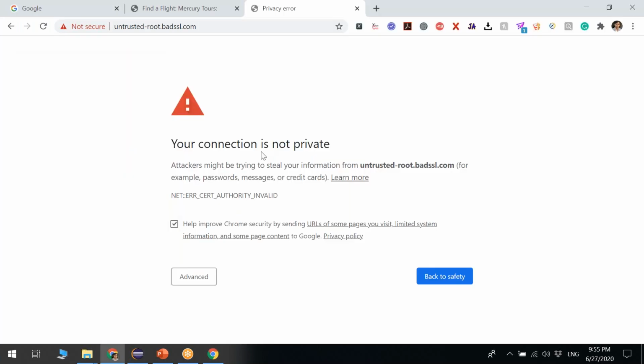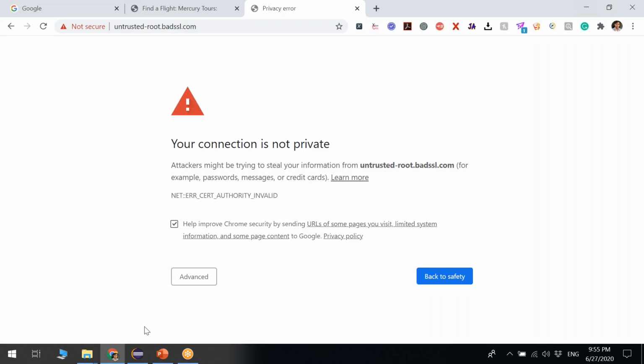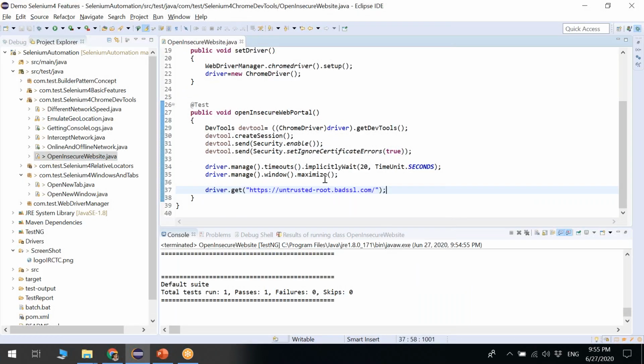Here you can see the error "connection is not private," and using Selenium 4 we are able to open this portal. This is how we can control it. Let me close this. So with just four lines of code, we are able to handle it easily.